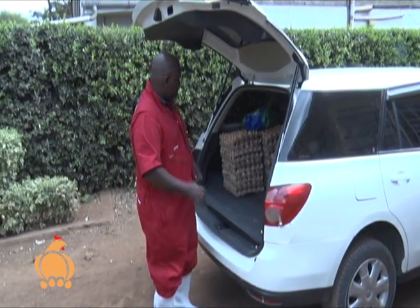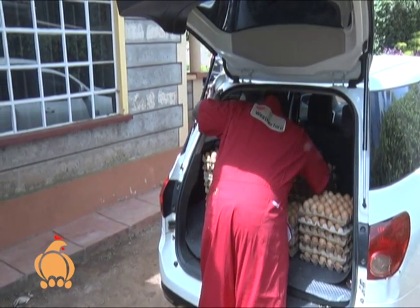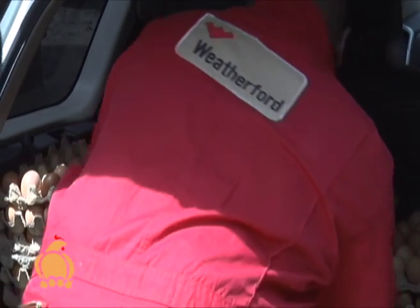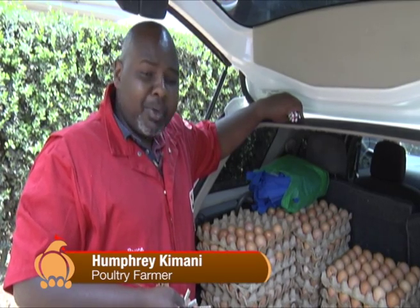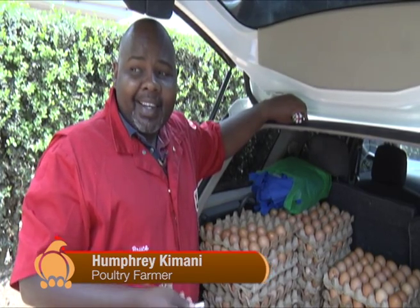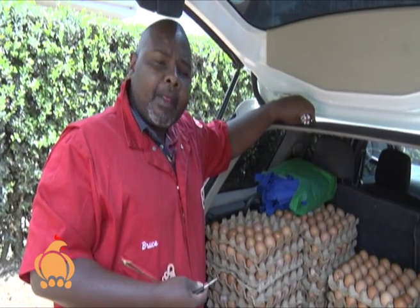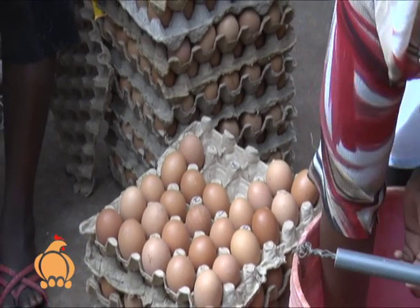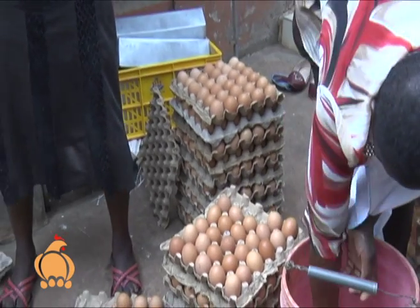Humphrey opens the trunk of his car to display the tray of eggs that he was not able to sell the previous day. So we're just begging, and we want to just try and talk to the president himself. Not anybody, not his PS, because those PSs don't really take the good information. But the president himself to come in and try and help the common farmer. Humphrey Kimani and his team are still hopeful that today will be a better day and that the sales will